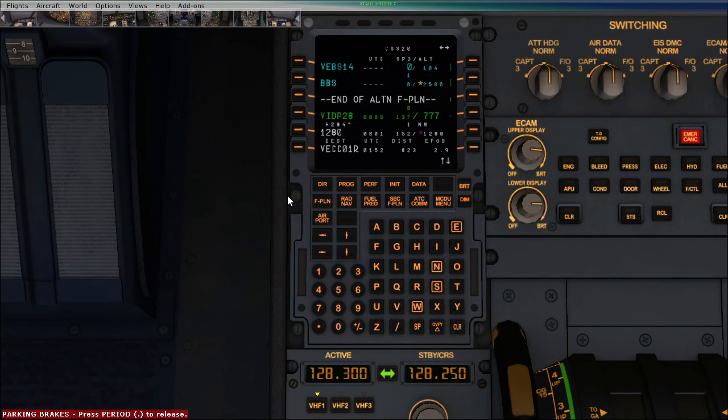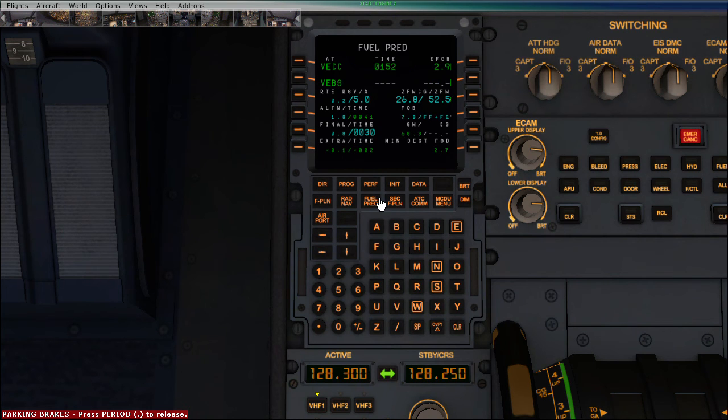Okay, full prediction page is basically from the secondary or alternate flight plan. For example, VCC to VBS, it will be taking 1 hour 52 minutes. So the estimated fuel on board will be 2.9 tons. So everything has been calculated by the computer, right? It's from the FMS data. So now I'll go to the secondary flight plan page.